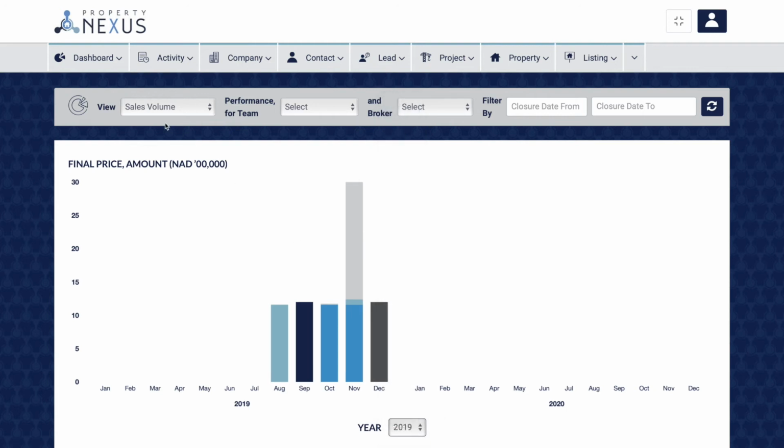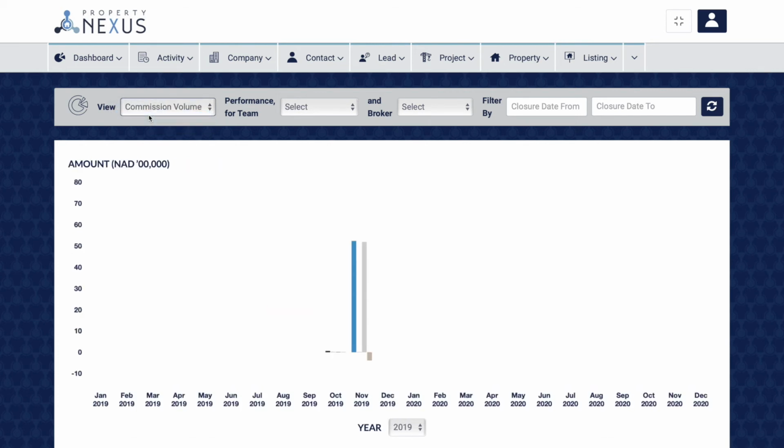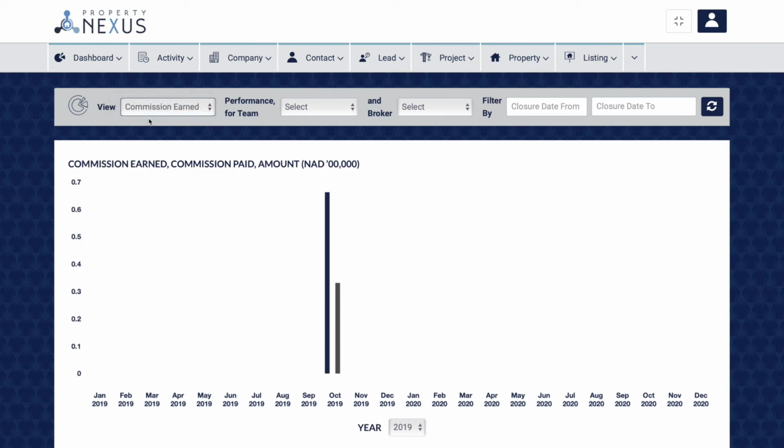There are 3 types of performance reports: sales volume, commission volume, and commission earned. The sales volume report shows you the performance by the volume of sales and rentals completed and in process in terms of the final sales and rental prices of the transactions. The commission volume report shows the performance by the volume of total and net company commissions on closed and open transactions. The commission earned report shows the performance by the volume of commission earned and paid to brokers on closed